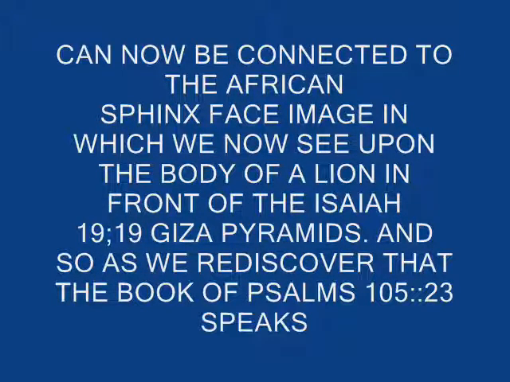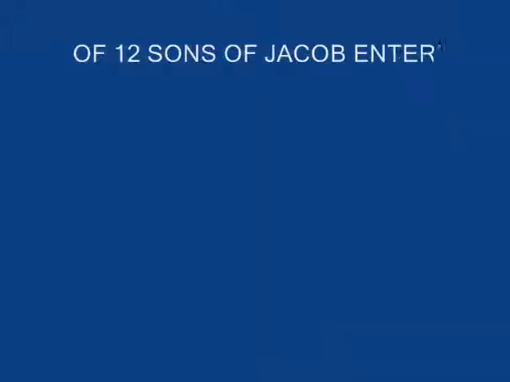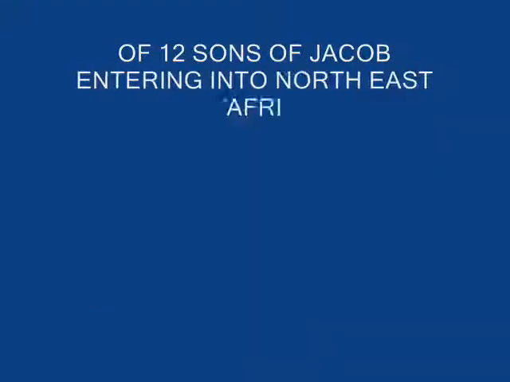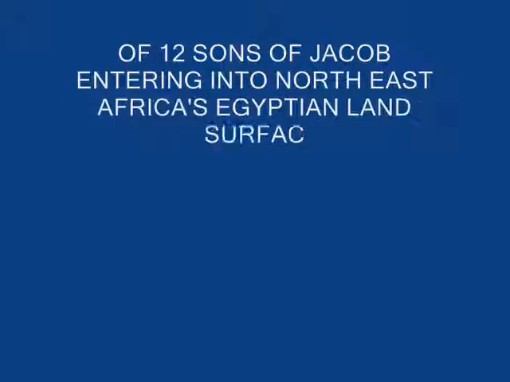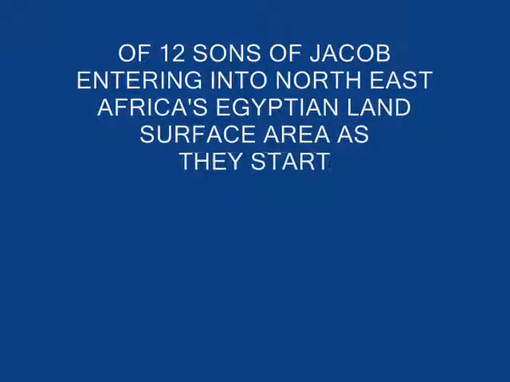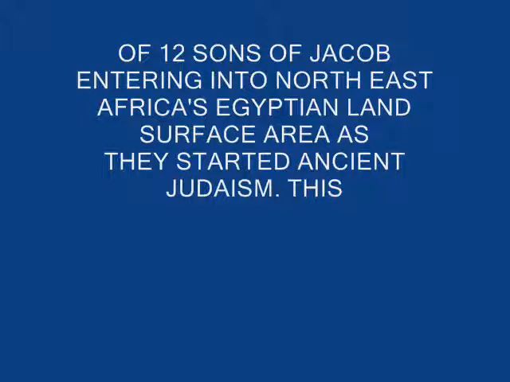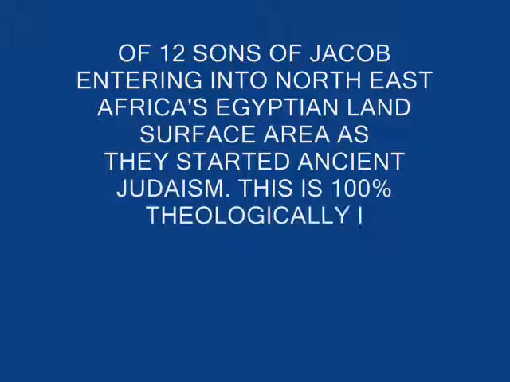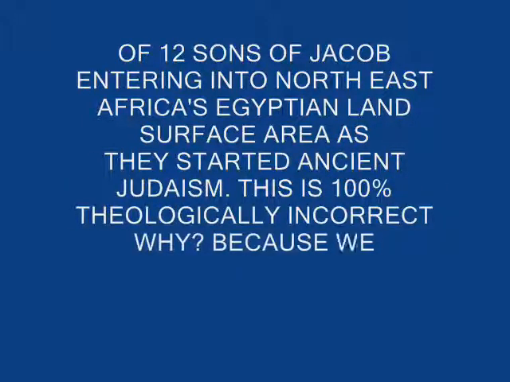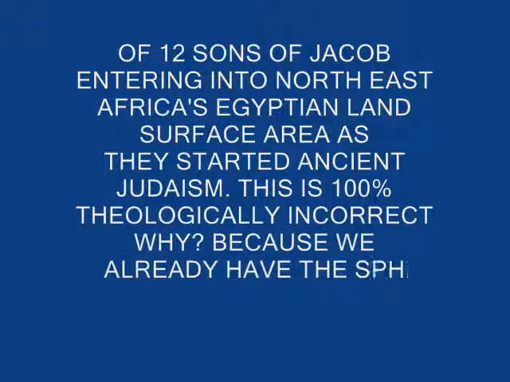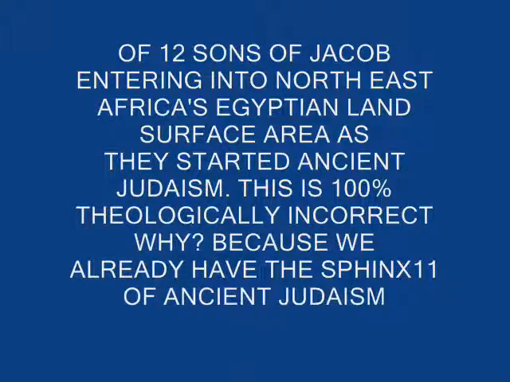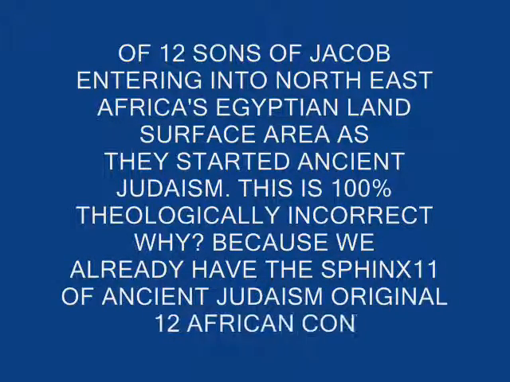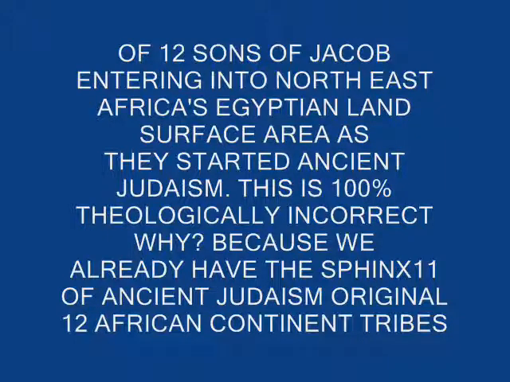So as we rediscovered, the reason why ancient Judaism was so important to the 12 African continent tribes before the 1611 King James of England that wrote the 400-year-old mistranslated King James Bible, that's based on the false man-based European Lord God image of Jesus religion. That means that the Sphinx was transported above the atmospheric regions of planet Earth and into the black outer regions of space by Ezekiel's Old Testament glowing, circular, wheel-like U.F.O.